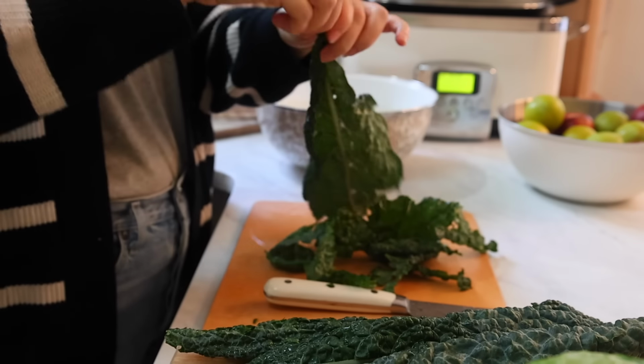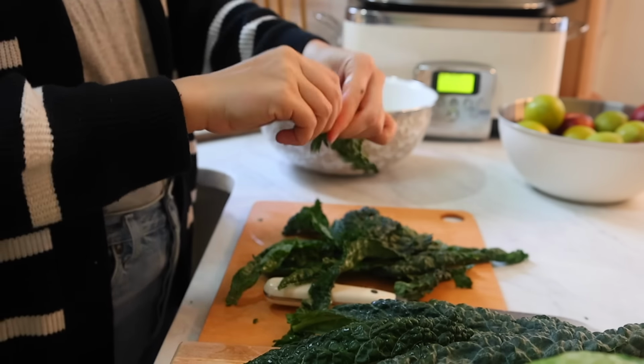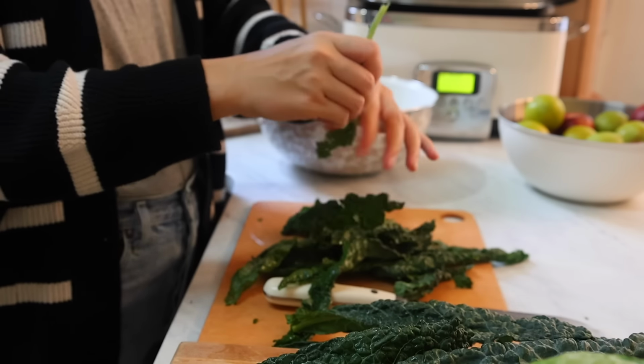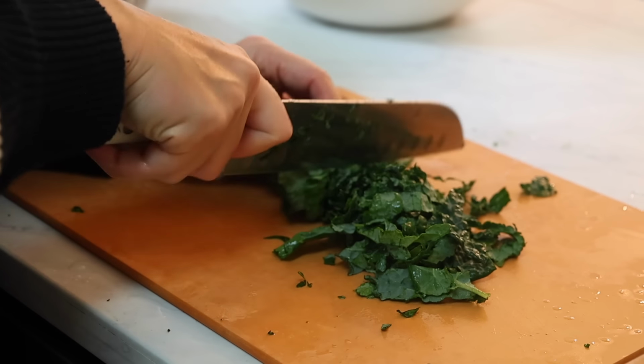Plenty of protein, fat, and fiber, which is what I really look for. And then if you want some carbs, just throw a toasted English muffin or some sourdough on the side and you're ready to go. Now, instead of throwing the kale in the fridge and forgetting about it,